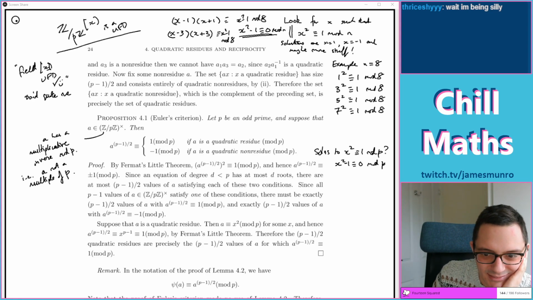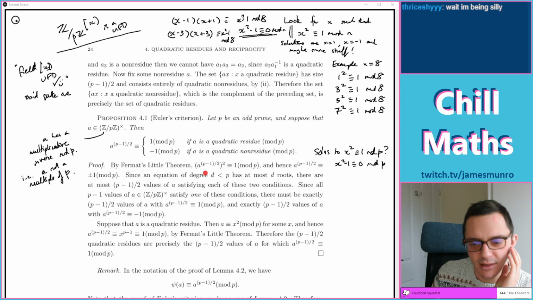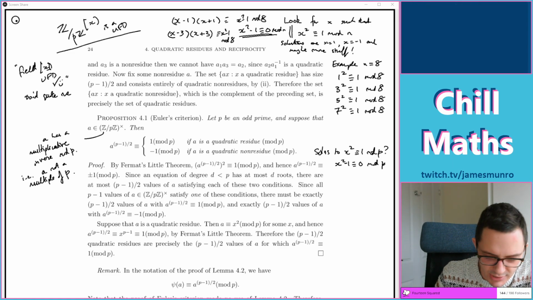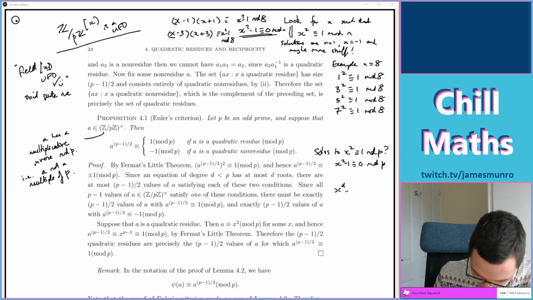Okay. Here we go. So p minus 1 is even. That's why they told us it was an odd prime. So you divide it by 2 and you get a whole number. And okay. So we're using this equation fact again to say how many roots there are for each of these equations. Cool. I like that, I think. What would a root look like? Oh yeah, these are really nice equations, aren't they? They're x to the d minus 1 and x to the d plus 1.